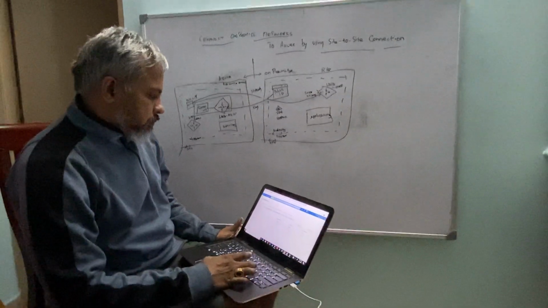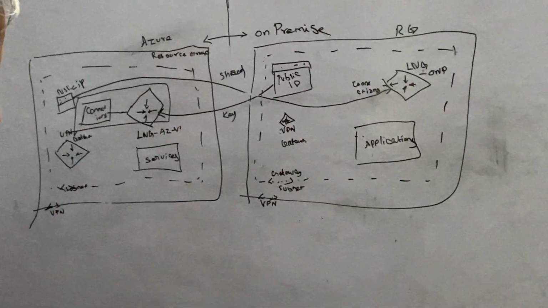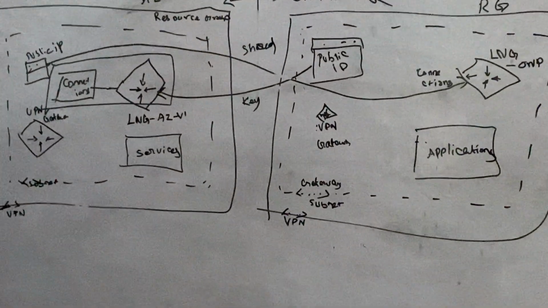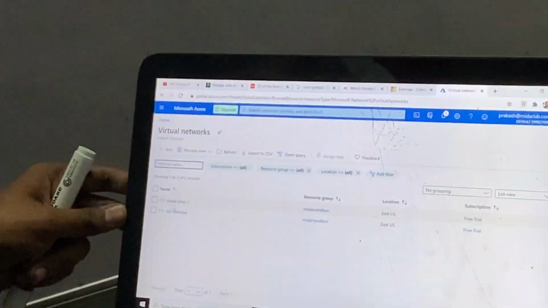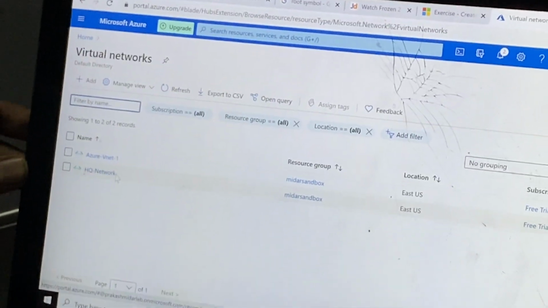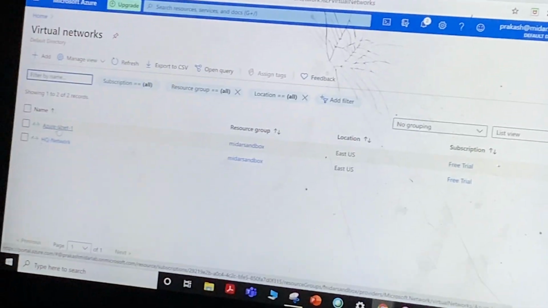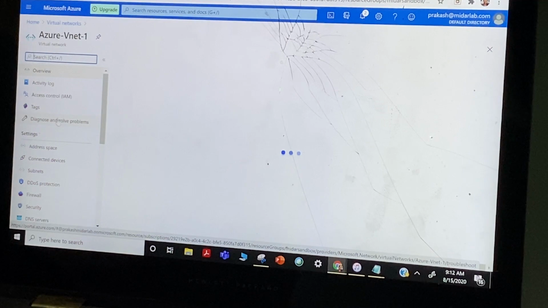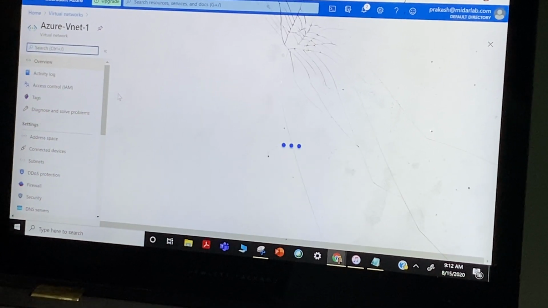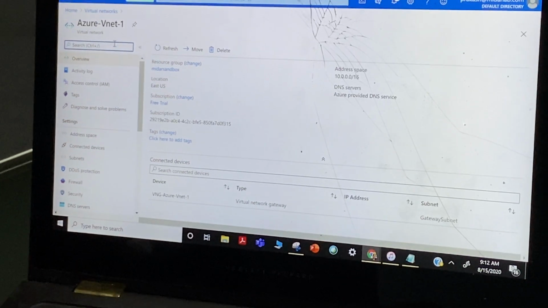So first, as I showed in the picture, we need to create two virtual networks. I have created an Azure VNet and another on-premises network. Then after creating the virtual network, you need to create a subnet, that is a gateway subnet.